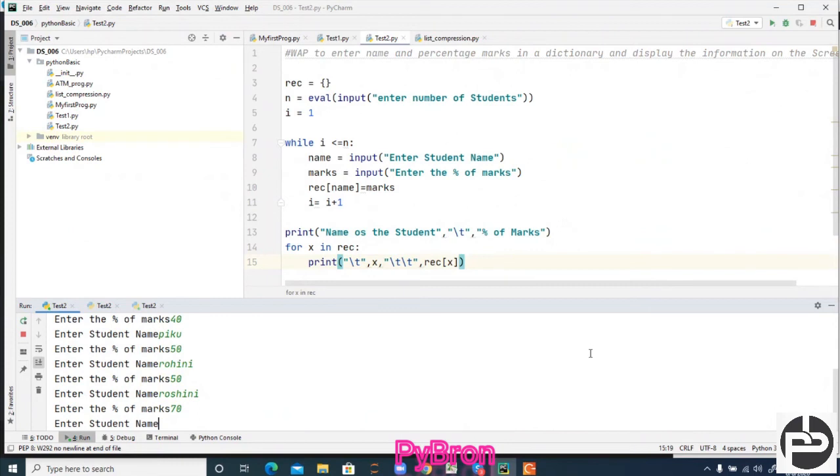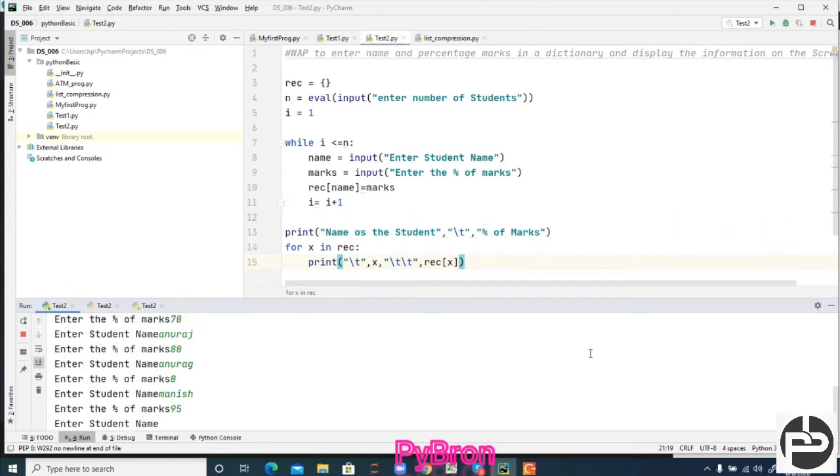And next Anuraj, and here I'm passing 80%. Anuraj is done. Then Anurag, and I'm passing 90%. Okay, sorry, my bad. And then I'm passing Manish, and here I'm passing 95%.